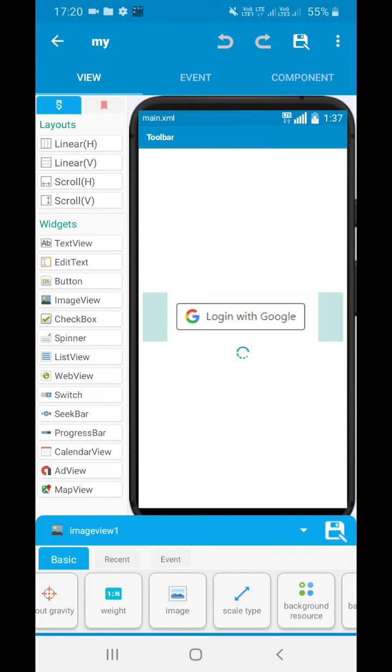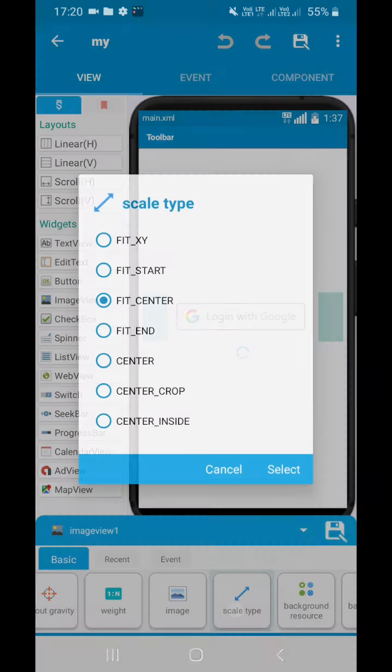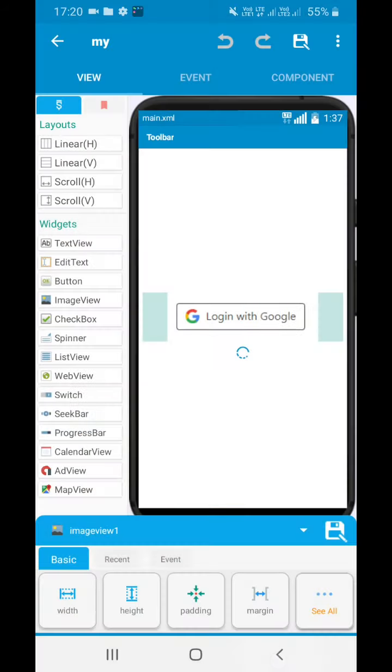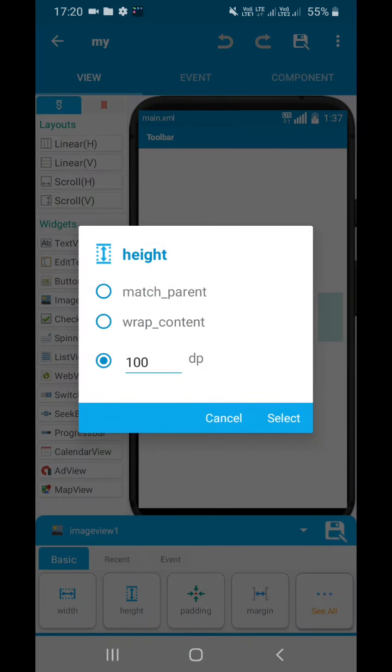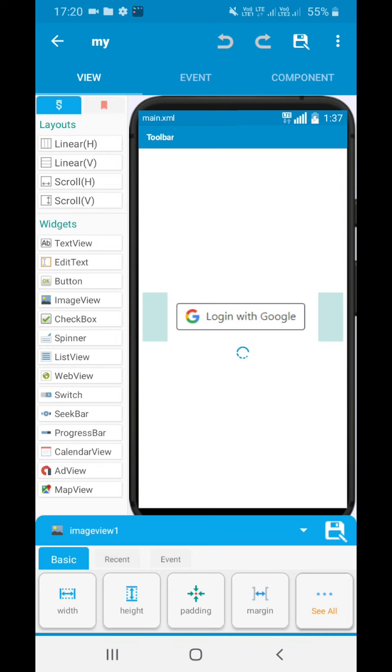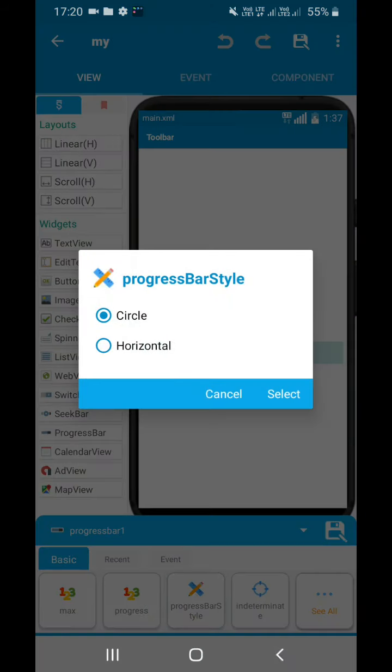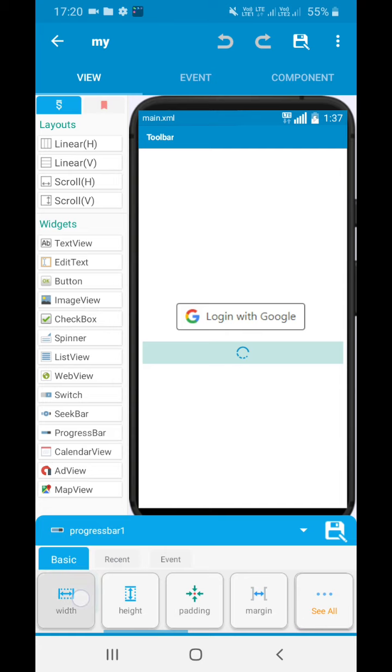Here we have added an image. Its scale type is fit center, width is match parent and height is 100 dp. After that we have added a progress bar. Nothing as such is changed here, all are default settings.